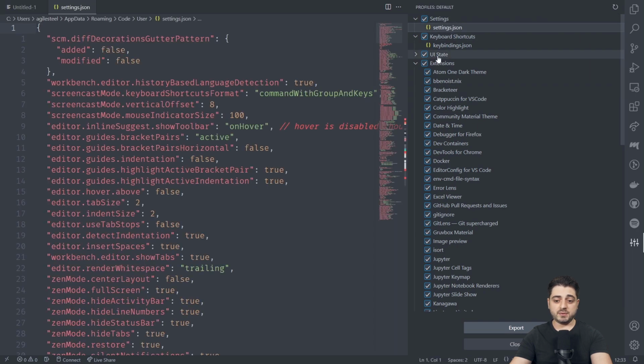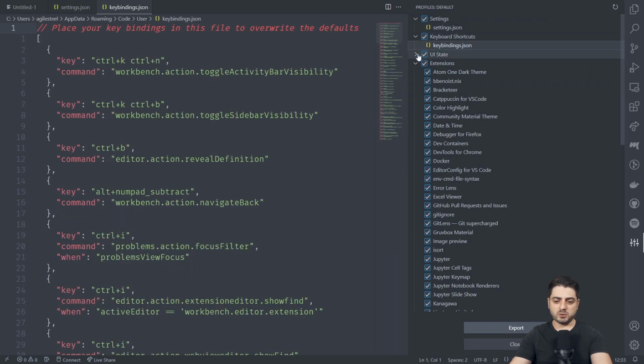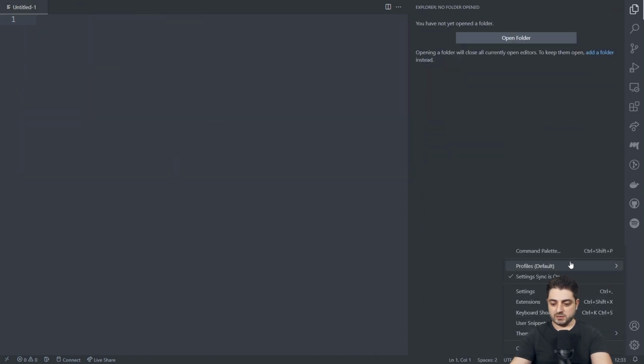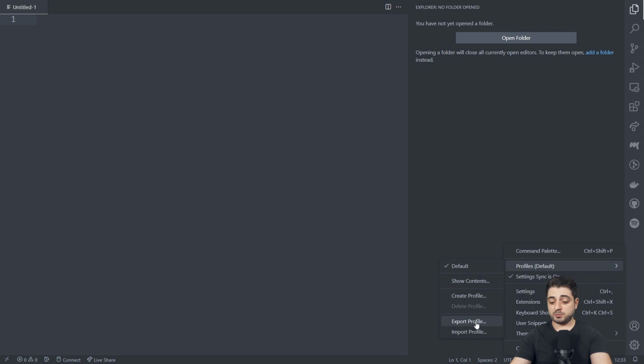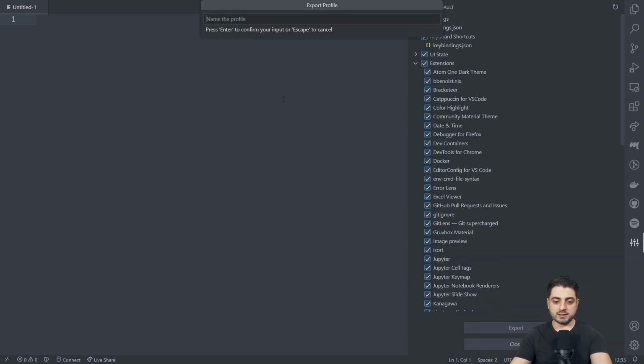You can also click on them: settings, key bindings, some UI state of like what is where, all of my extensions and stuff. All right. The other things that you can do is, obviously, CRUD them, right? So you can create a profile either from scratch or based on another profile. You can export a profile, you can select what you want to export, and then you can export it either to,